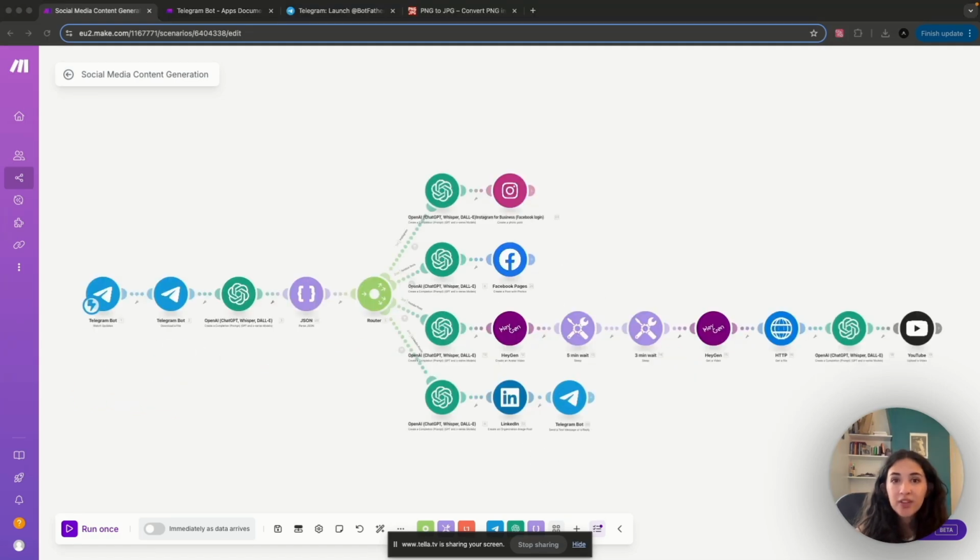All right, and now that we've set up our LinkedIn path, we just have to repeat the same steps for each one of our different platforms. Here, the trick is to really work on each individual Chat GPT prompt and really adapt it to the sort of audience and message that you want for each different social media platform. And then once you have everything set up and you're happy with all that you've built, you can go ahead